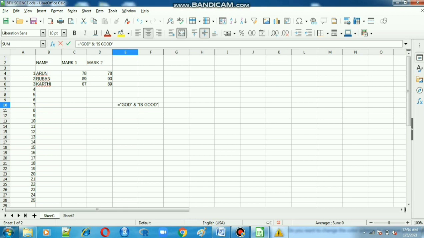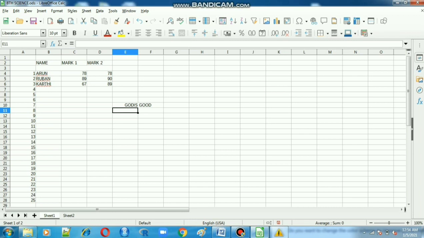After typing your text formula, press enter and both words will be joined: God is good. Separately I typed, but both words are joined. That is the text formula usage.